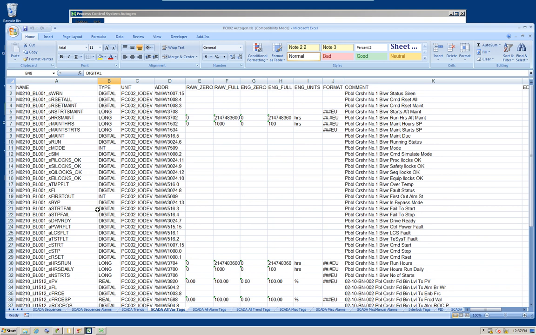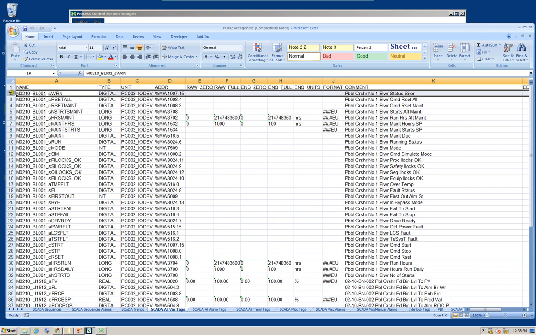So we need to copy those tags into the SCADA Cytec databases, the variables database, a digital alarms database, and trends database, and the process of introducing those tags in the databases is just a simple cut and paste from one spreadsheet to another.